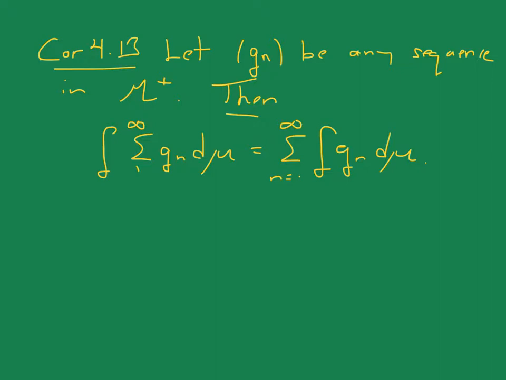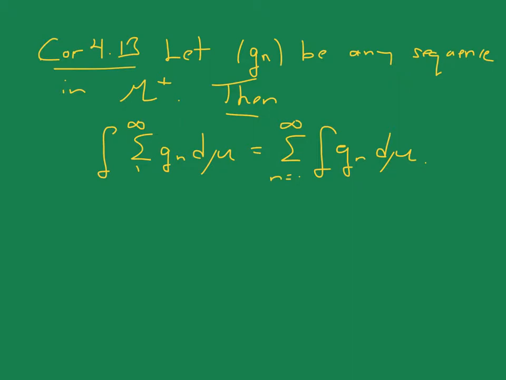All right, so what does the corollary say? It says that if you begin with any sequence g sub n of non-negative measurable functions, then, well, first of all, the sum of the series of these functions is going to be defined non-negative measurable, as we'll point out later in the proof, and the integral of the sum is equal to the sum of the integrals. So we can interchange the integral and the infinite sum whenever we're dealing with any sequence of non-negative measurable functions.